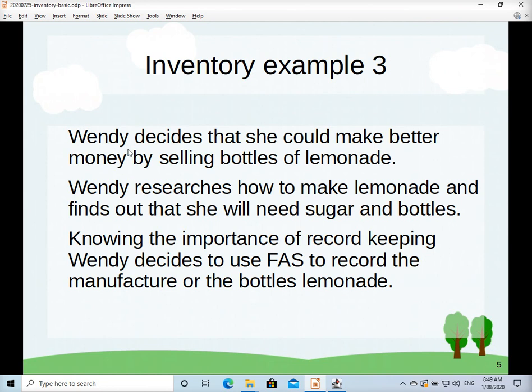Wendy was just running a business buying and selling lemons. She buys the lemons from Zed the farmer. So